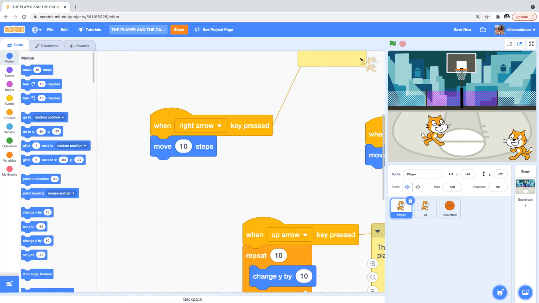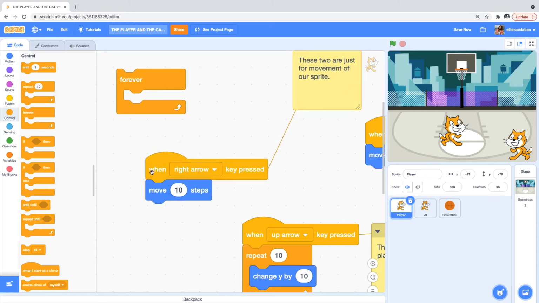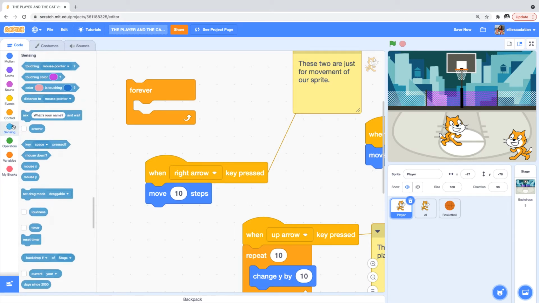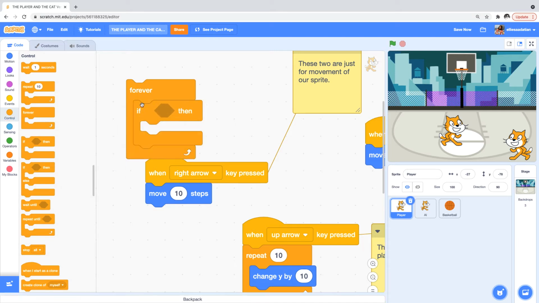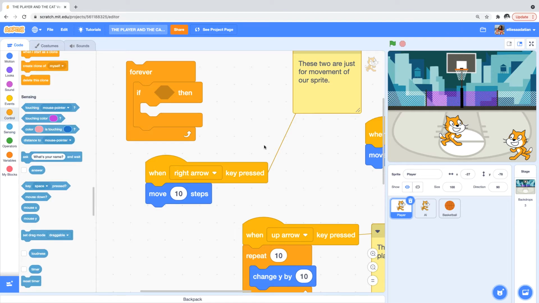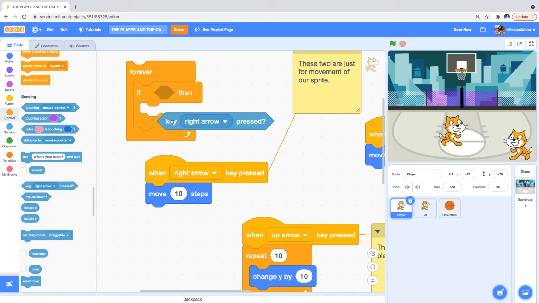How can we make it better? You see, I need to press all the time so that it can work. Let's add a forever loop here. If I say forever, and then instead of when right arrow clicked, I can say if, and then from the sensing, I can take if key right arrow pressed,